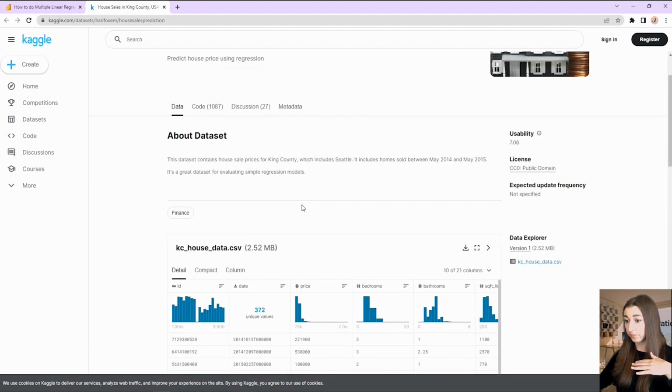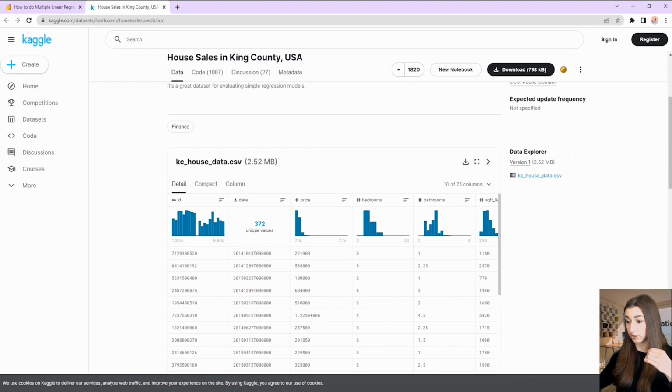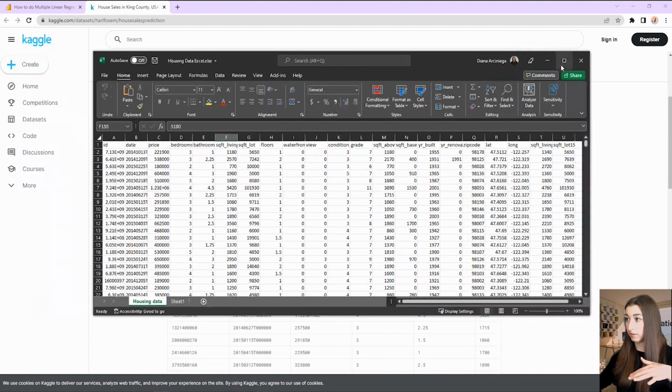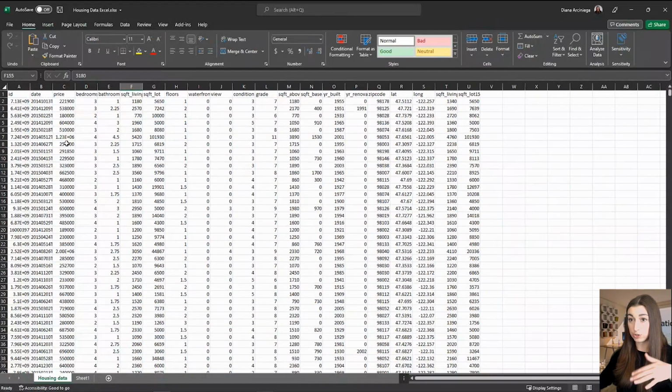Very cool. So this data set is actually a lot bigger than the demo in the blog, like in the steps in the instructions. So this is what it looks like originally. This is after I have saved it to my computer. It will download as a CSV file. I saved it as an Excel just for